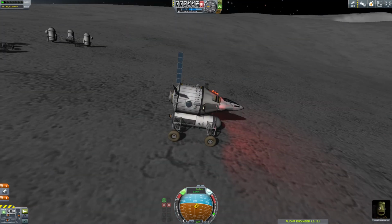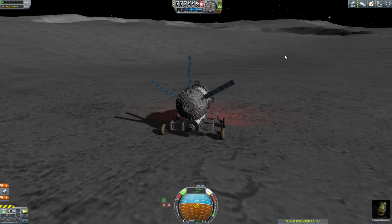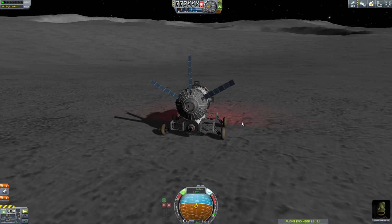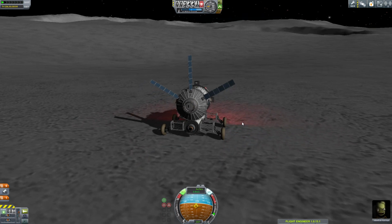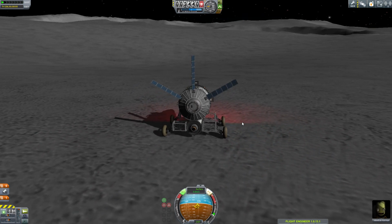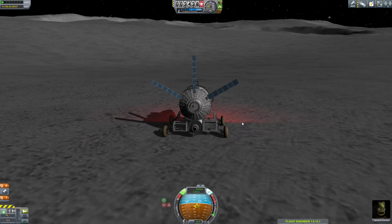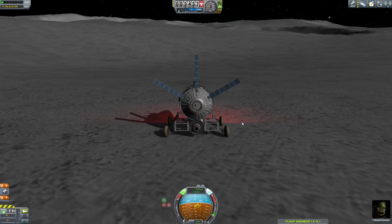I don't want to roll this thing. It's got a pretty high center of gravity. I really don't want to roll it. But I do want to drive around quite a bit. Because that's very exciting. I don't know where to go, to be honest. But the great thing is, if I get the option to explore part of the moon, I can just drive there now. It'll take years and years, but...